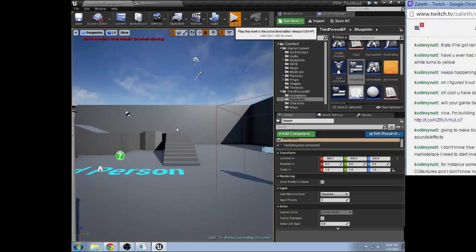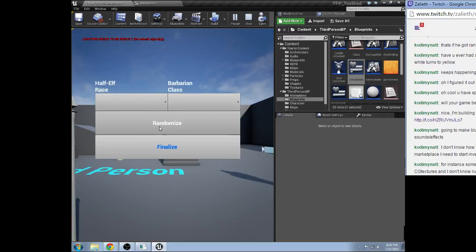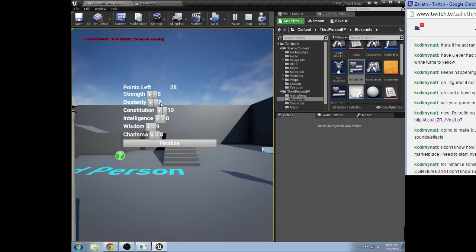So let's see. This one comes up, randomize, boom. Okay, it needs a little bit of work, but